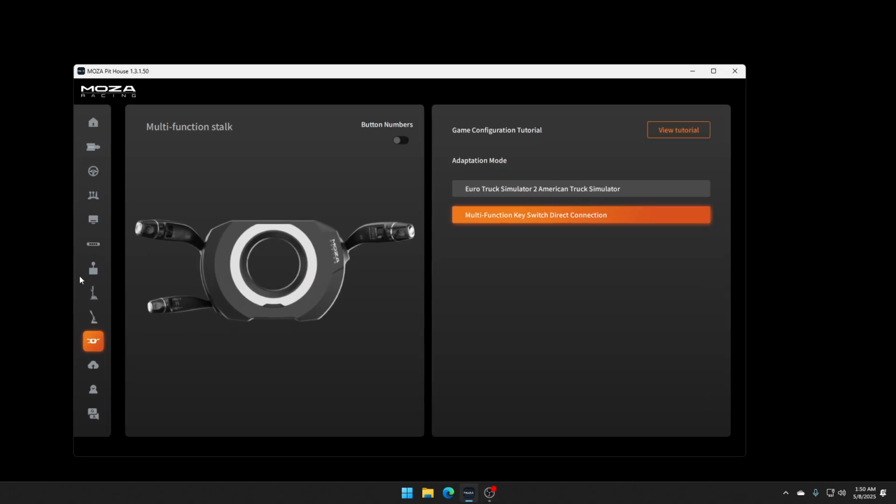Okay, in the software, you'll see down here that you get the multifunction stalks in the Pit House. And if you enable button numbers, it's going to be a big help, because when you do push a control, it shows you what button number is activating. If you get lost and you don't know what button number you're looking for, just come back to the Pit